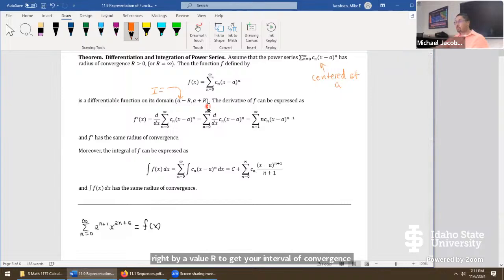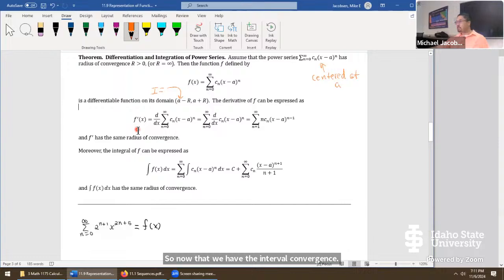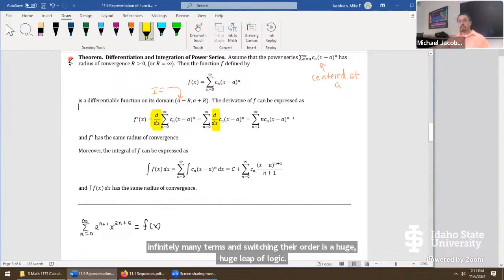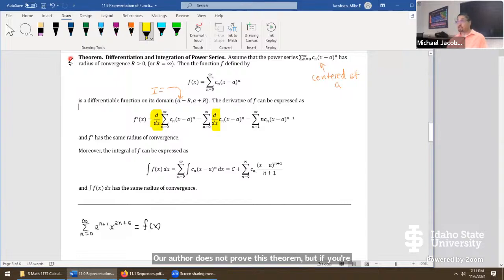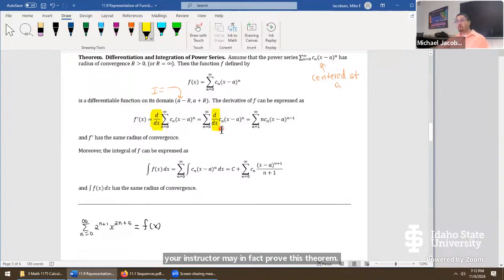So now that we have the interval of convergence, we differentiate like this. f prime could be visualized as d by dx multiplying the power series. But this is actually the huge step. Taking a differential operator and infinitely many terms and switching their order is a huge, huge leap of logic. Our author does not prove this theorem, but if you're taking elementary analysis, real analysis, you'll get close to those kinds of proofs, and your instructor may in fact prove this theorem. It's a wild ride, but